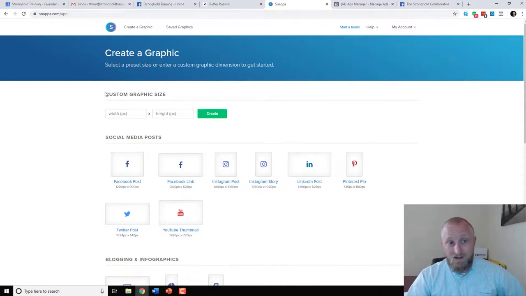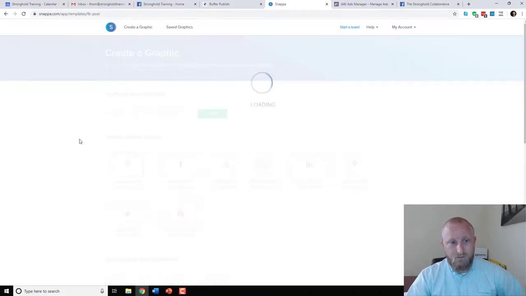So I can come to my Snappa account, $15 a month. I put Facebook post, just click that. And what's great is they already have all the pictures I need. I don't have to go and buy stock footage. Of course, it's going to take forever to load because I'm recording my screen, but speaks for itself.